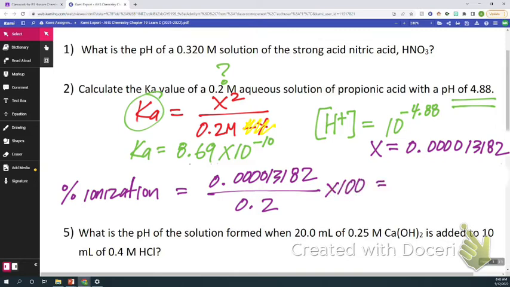So divided by 0.2 times 100, and I get 0.00659%. That's way below 5%. If it's not less than 5%, you do have to do the quadratic equation. Maybe on the final,